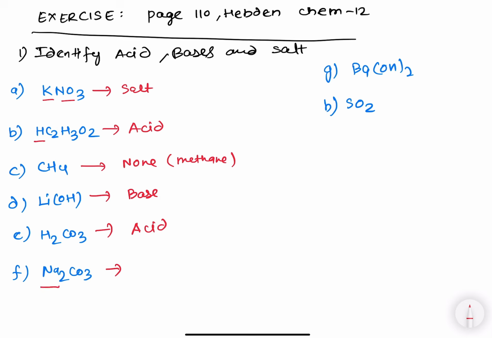Na2CO3, there is no H, no OH, so it is a salt. Here we have hydroxide OH at the end of the formula, so it is a base. SO2 is a covalent compound, there is no H plus, no OH, and it is not an ionic compound, so none of these apply, so it is neither acid